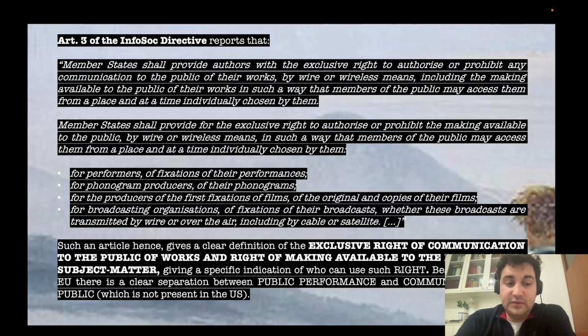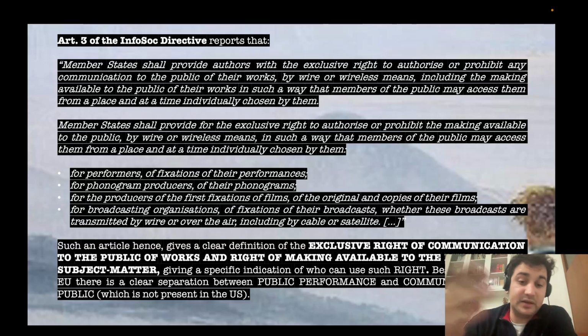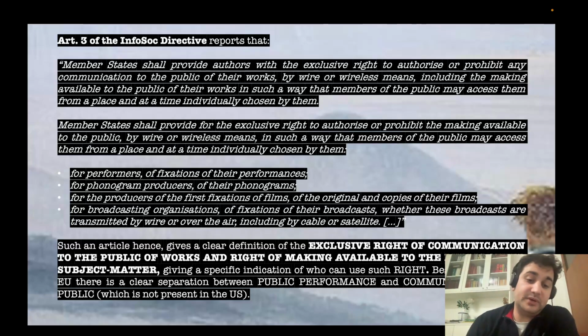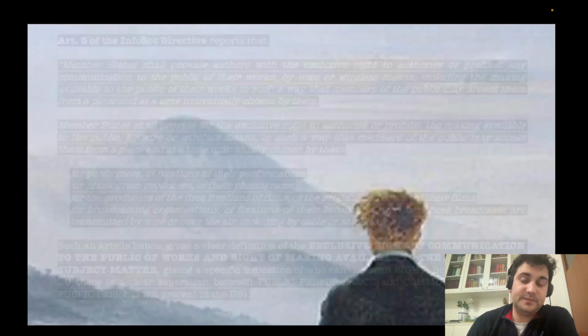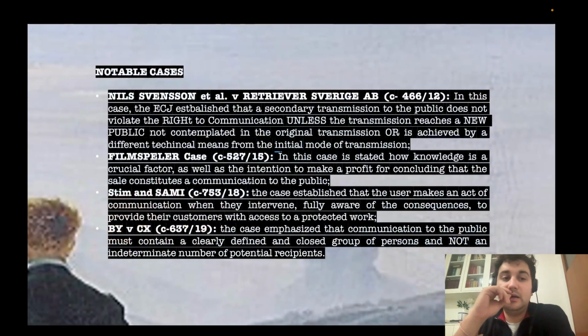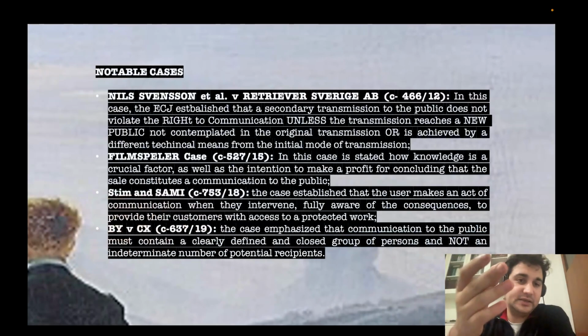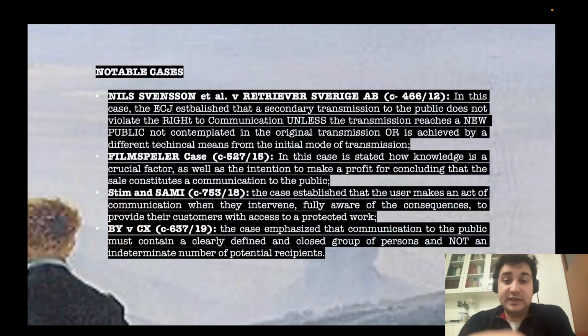Besides that, in the European Union, there is a clear separation between public performance and communication to the public. This one is not instead present in the US. What are the notable cases here? From one side, you will have Svensson versus Retriever Sverige AB,